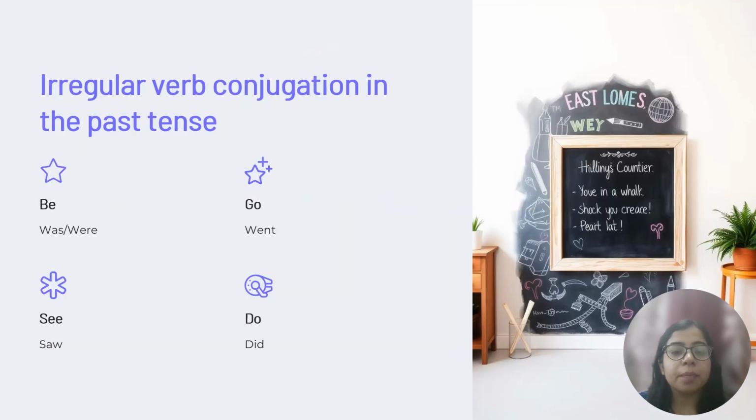Then there are some irregular verbs just like be. Okay, be, the past form of be is was and were. Okay, then go, the past form of go is went. Then see, I gave you the example of see, the past form of see is saw. And then do, the past form of do is did. Okay,